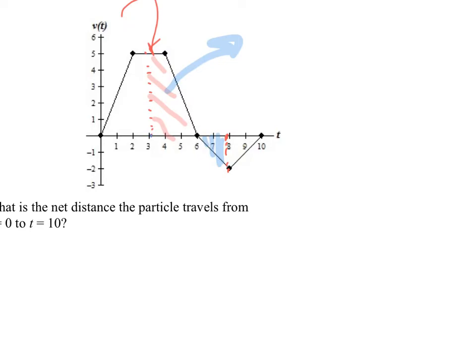And this base is a distance of 3 to 6. That's 3. This distance goes from 3 to 4. So that's 1. So, 1/2 times 3 plus 1 times the